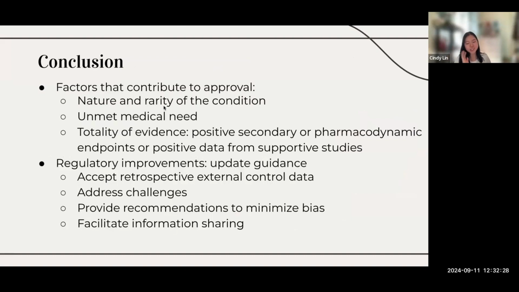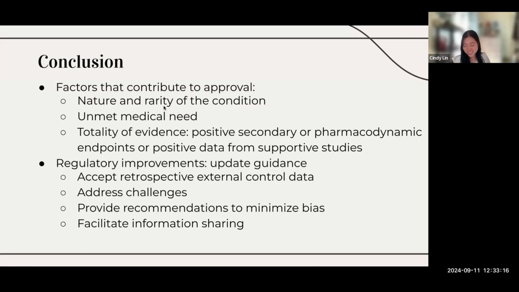And then just a quick conclusion to summarize the paper and the key takeaway points. Based on the products reviewed in this study, the sponsors appear to have achieved some sort of regulatory support to use external controls to push for product approval. Some factors that contribute to this approval, despite the limitations of the external control, include the nature and the rarity of the condition, as well as the unmet medical needs, and really just the totality of the evidence. That can include positive secondary or pharmacodynamic endpoints, or even positive data from supportive studies like we saw in the